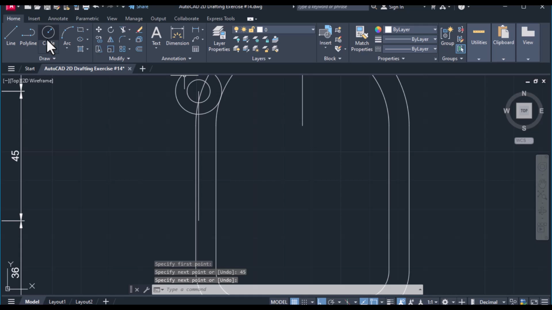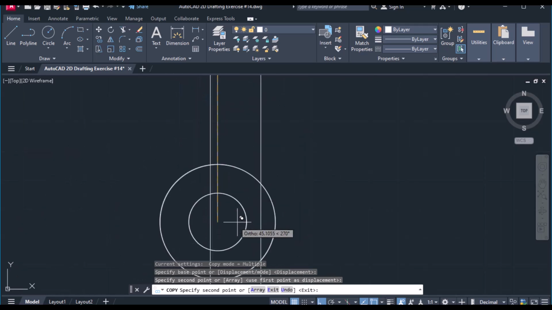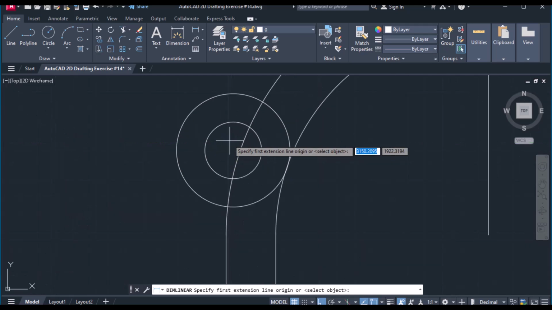Now we copy these two circles from the center of this to the end point of this line. Escape, and now erase this line, and now do a linear dimensioning from the center point of this